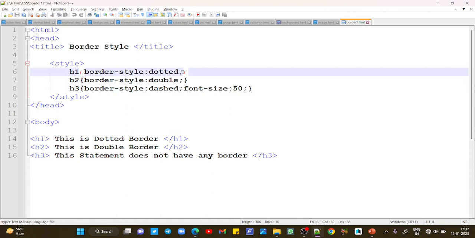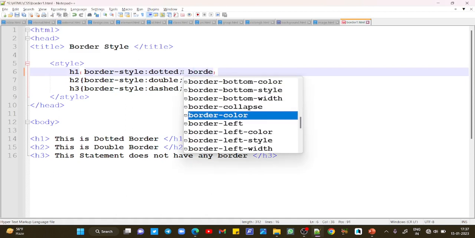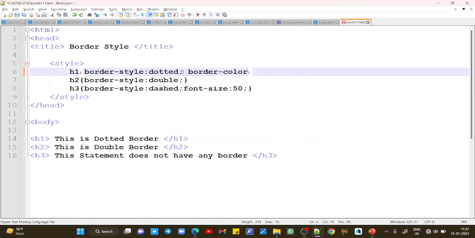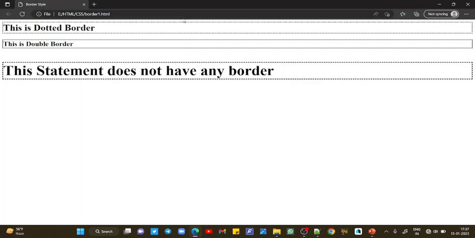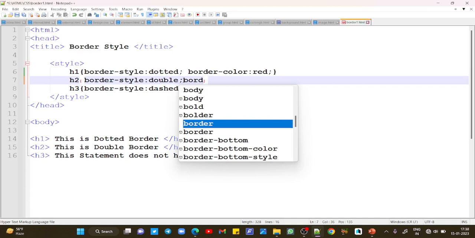For that, you can use border color, let's say red, and a semicolon. Save and refresh. You can see the text color is black and the color of the border is red. Similarly, in H2, if you want to make use of